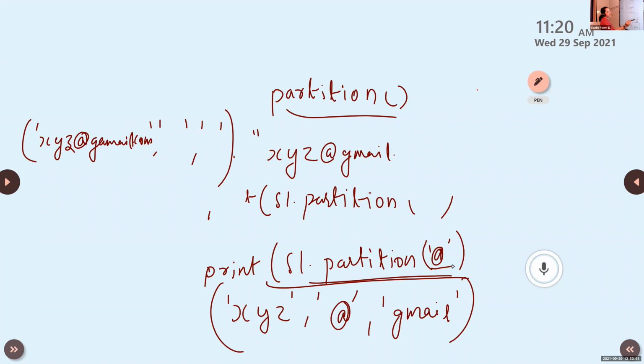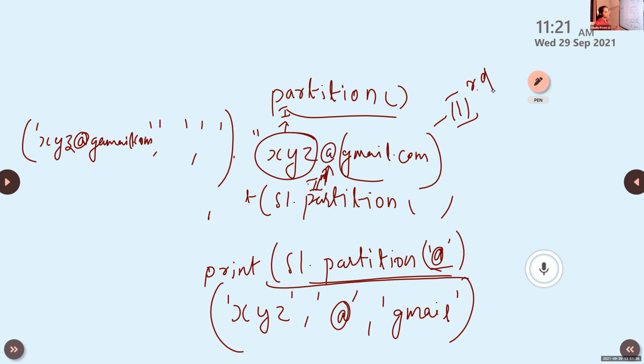Here @ is the separator, so the first part is the set of characters just before the @, that is xyz. The second part is the separator itself. The third part is the part after the separator.